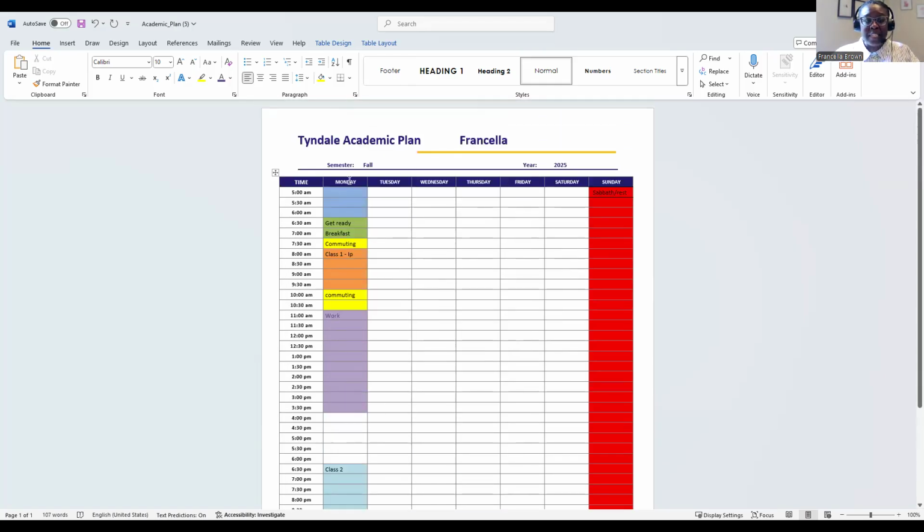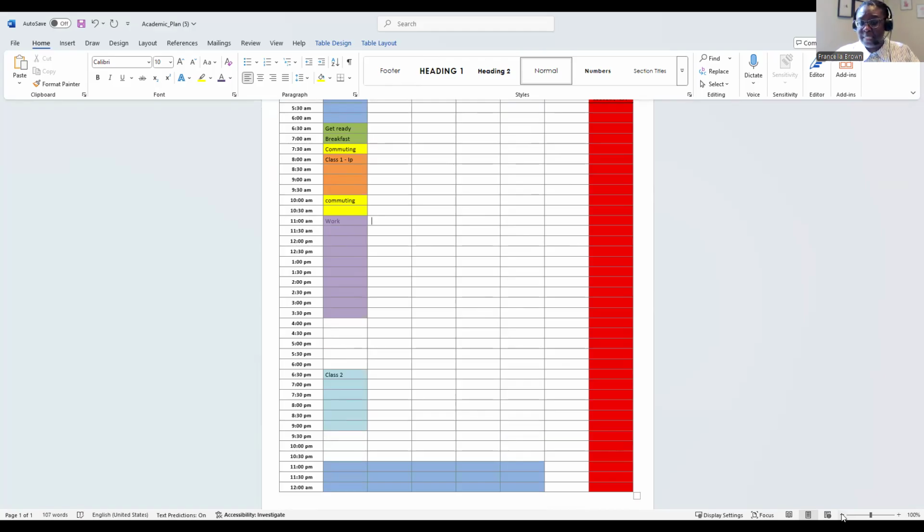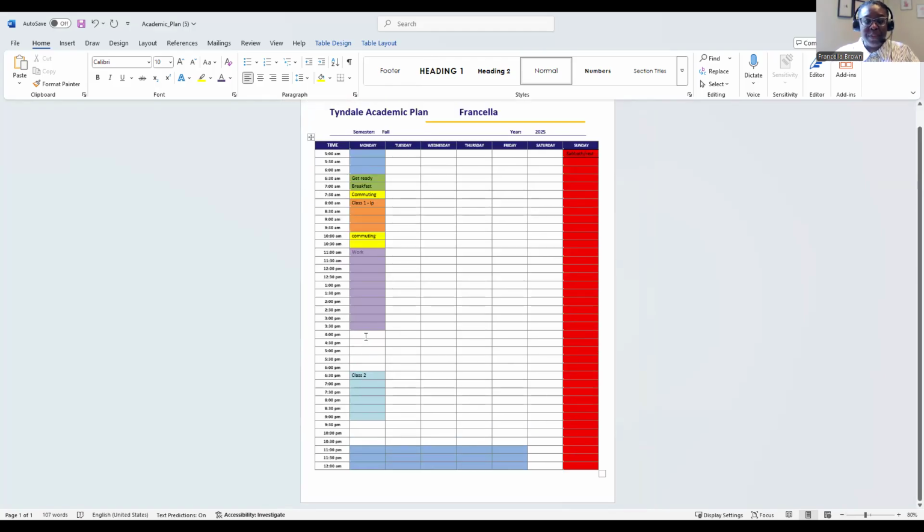So if we really take a look at Monday and be very realistic about what this is, we've got between 4 and say 6 o'clock of open time, and then we've got some time between here and the time that we get home. We haven't really even scheduled in eating yet, other than breakfast. So if you might be having lunch at work, then that's kind of easy because you'll probably have a designated lunchtime.